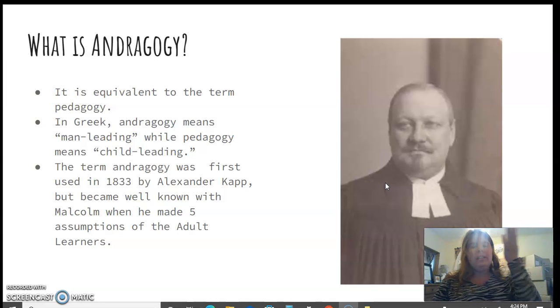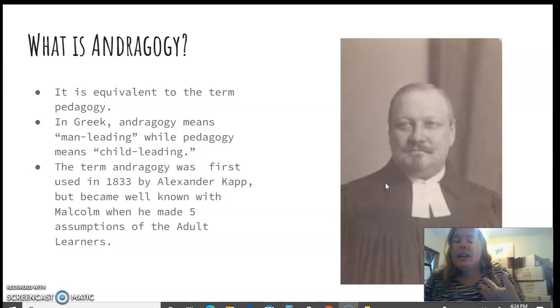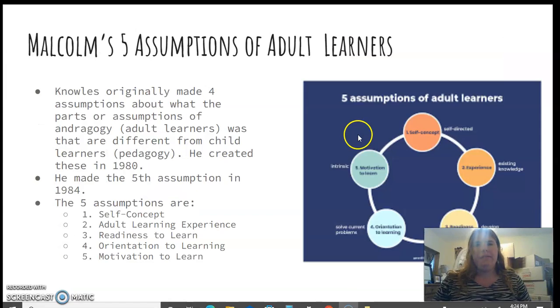It's very different. When you think of man learning, that goes with adult learning, while pedagogy goes with child learning. In previous classes, we spoke more about child learning. We focused on the child. Now we're looking at adult learning. How can we, as literacy coaches or literacy professionals, meet the needs of adults and reach out to them with the learning styles we have?